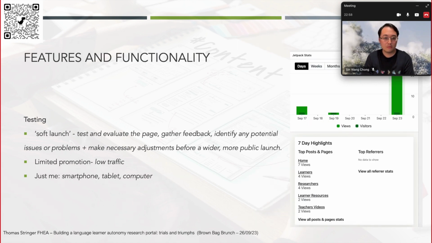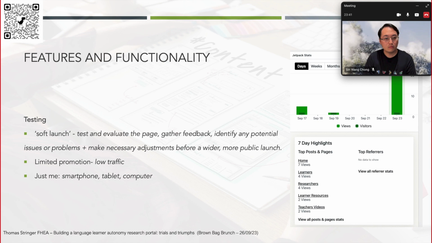I had what you might call a soft launch for this page rather than a hard launch where the final product is delivered ready to go and all functioning. Really I just got it up, and I've been building the plane as I'm flying it, as it were. That involves testing and evaluating how the page is going, gathering feedback from different sources, identifying problems and making adjustments. It's really been mostly just me at the moment. I haven't had much opportunity to publicize it, and I haven't promoted the website too much.